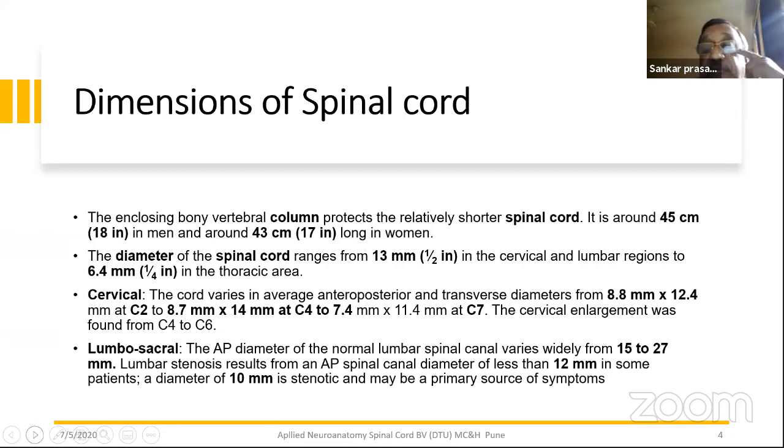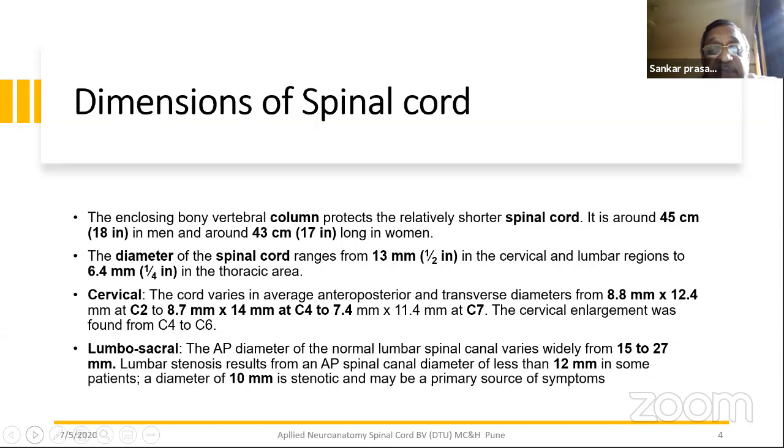Before we start, let us understand the dimensions of the spinal cord. The spinal cord, as you all know, is enclosed in the vertebral column, which protects the relatively shorter spinal cord. The spinal cord length is around 45 centimeters. It's slightly longer in men, 18 inches, than in women, 17 inches or 43 centimeters. Just look at the diameter. The diameter is only half an inch, 13 millimeters, in the cervical and lumbar regions, and in the thoracic it is only 1/4 inch,